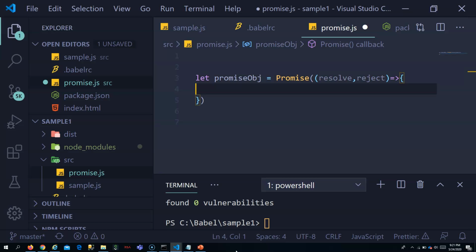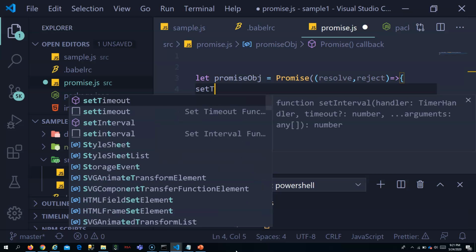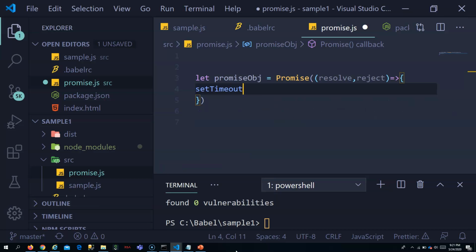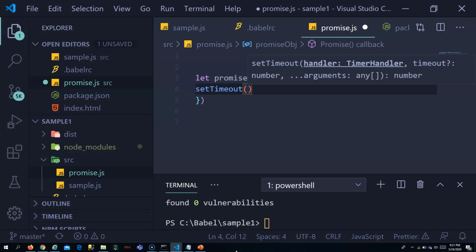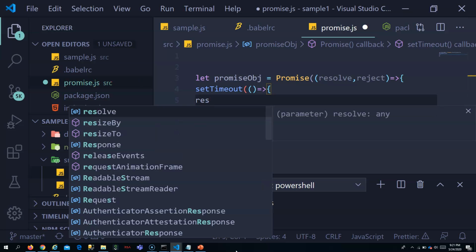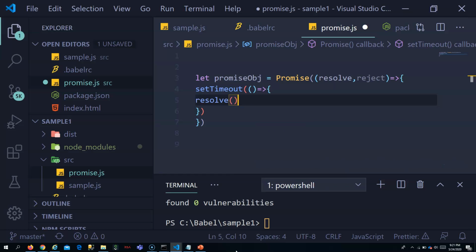And I can write a set timeout for simplicity. So here I will just resolve the promise with some value, success.